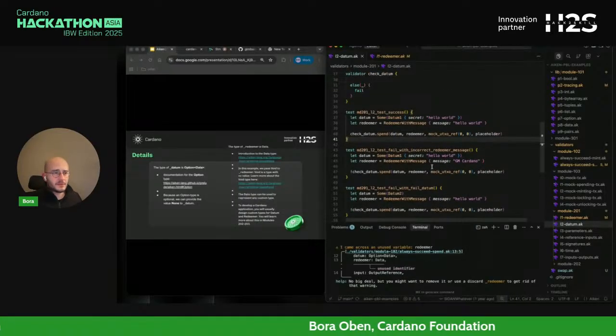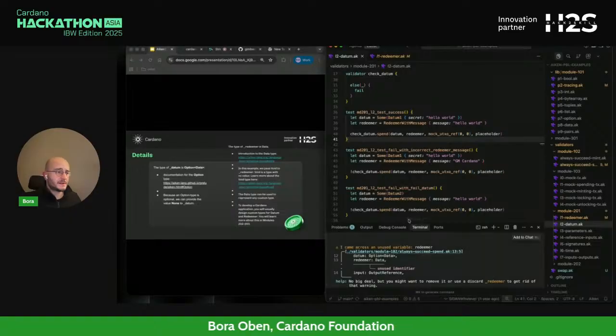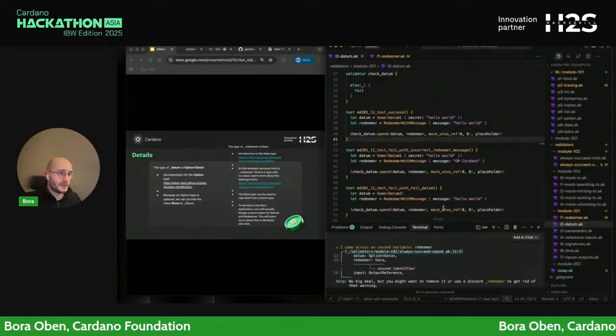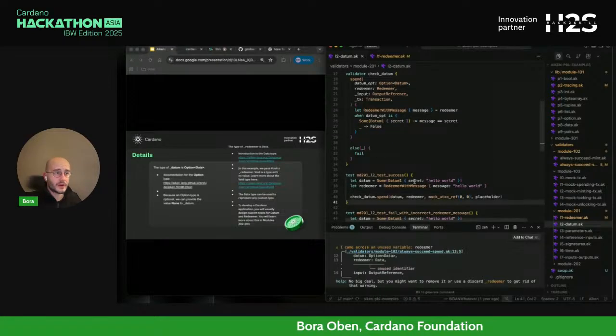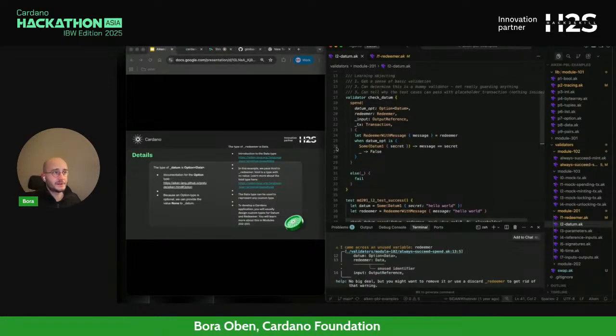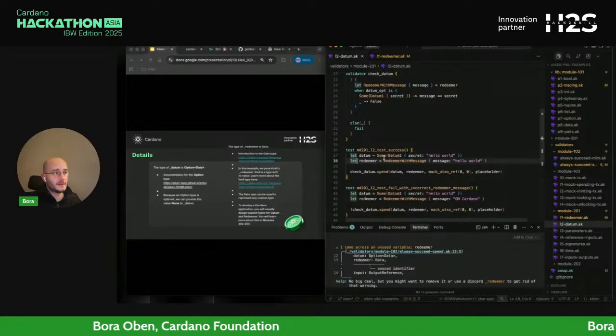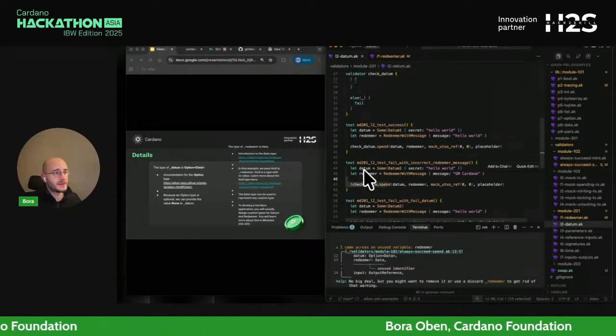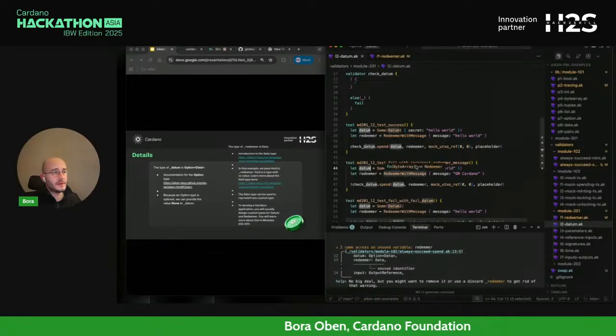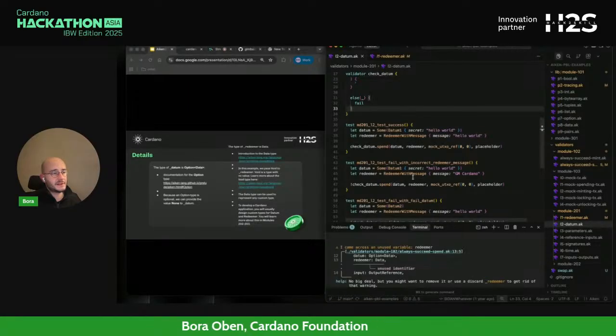Here there are more unit tests to check if the logic we wrote out here would be correctly behaving under the circumstances we expected. So for example, let's just take a look at one. There's a datum and the secret that is written into it is hello world.